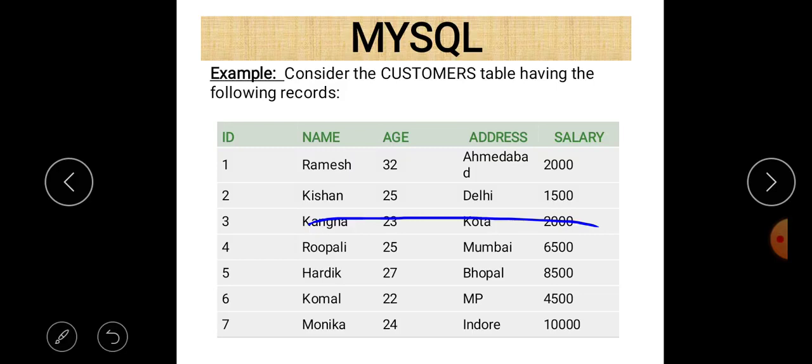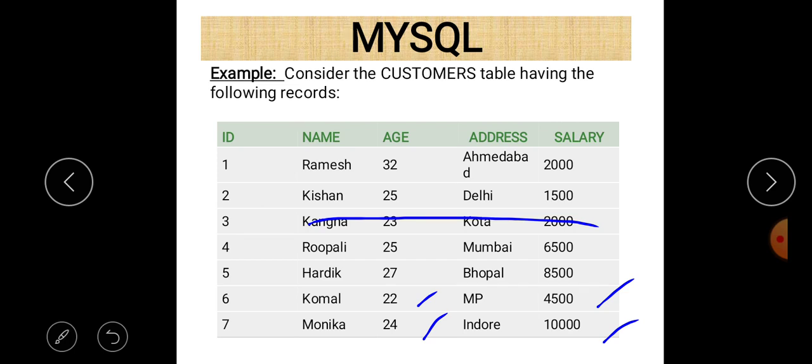And again Komal is less than 25, okay, and salary is also greater than 2000, so this record is also selected. And then Monica, age is less than 25, okay, and salary is greater than 2000, actually it is 10,000.